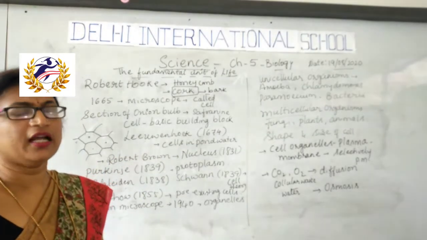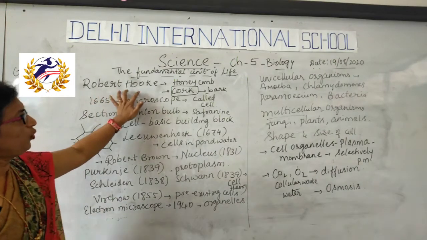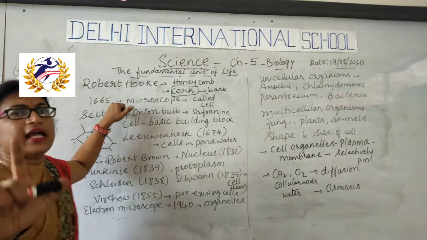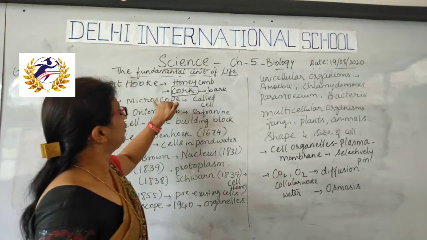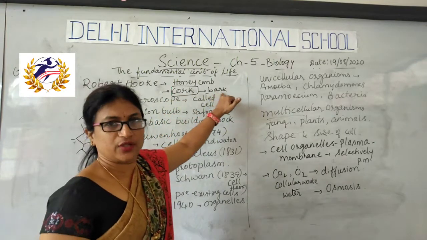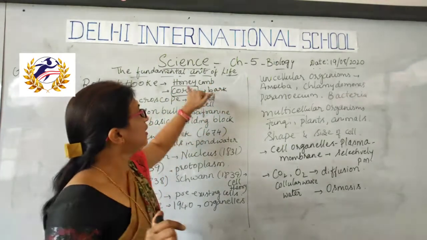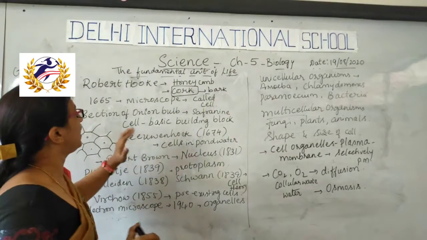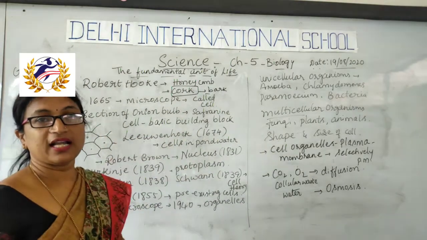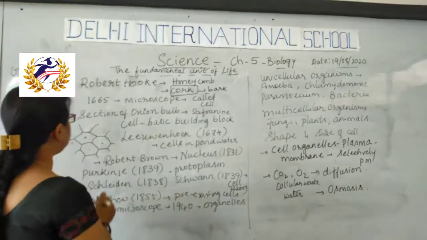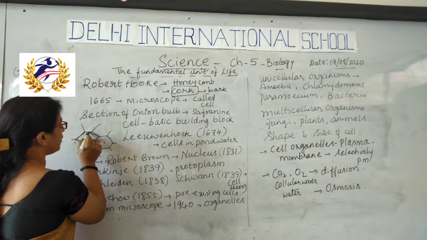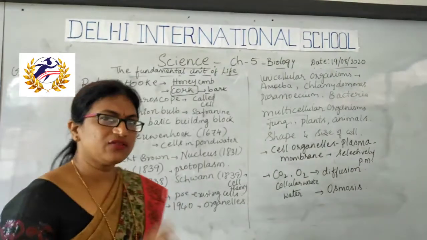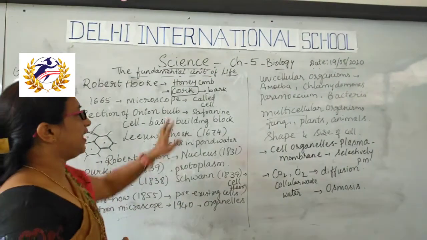structure. Okay, so Robert Hooke first observed this in 1665 with his self-designed microscope. He observed the bark of a tree that is called cork. He observed a honeycomb-like structure that he called a cell, because it is like an individual room or compartment. That's why he used the term cell.